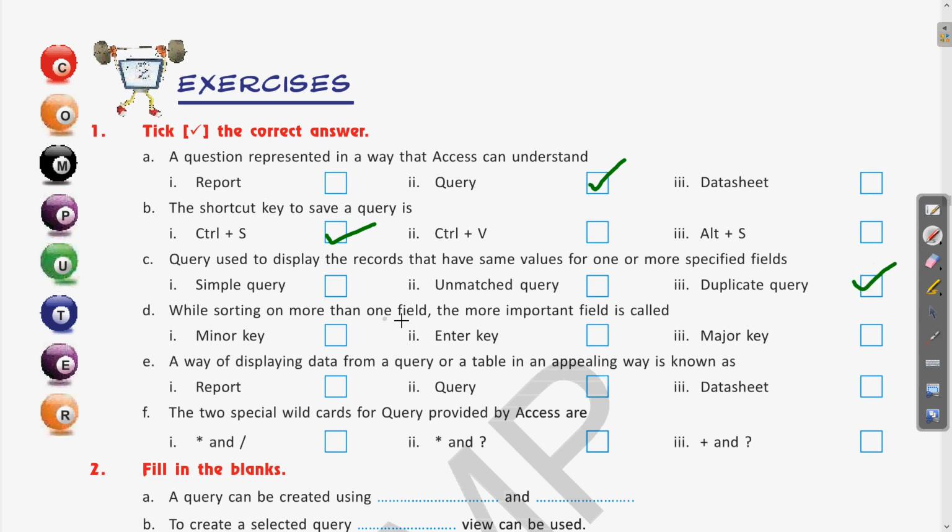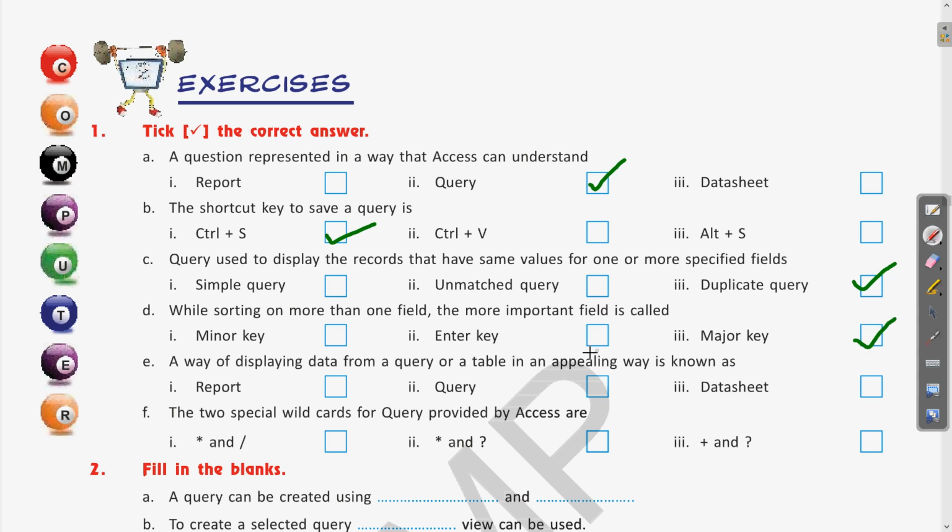Next is: while sorting one or more than one field, the more important field is called. We have seen that for sorting fields we use the major key and minor key. It is talking about the more important field, so the answer will be major key.